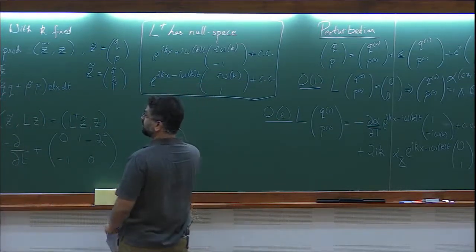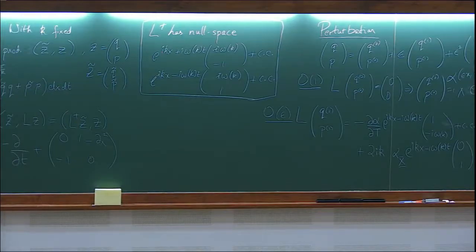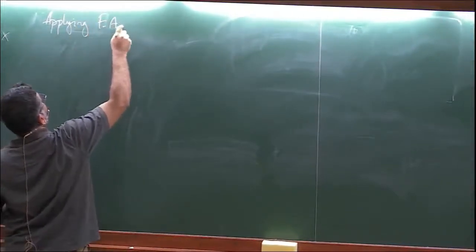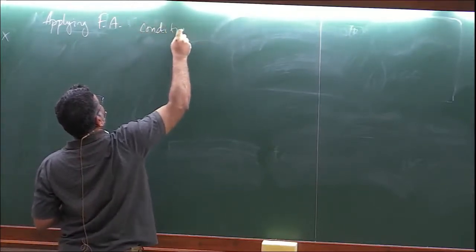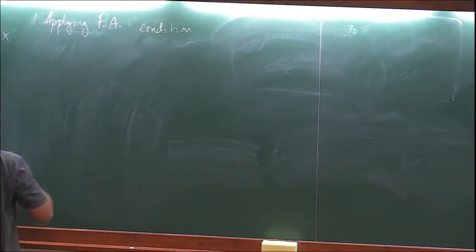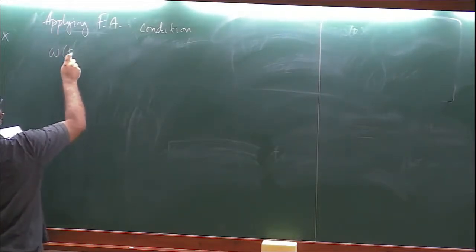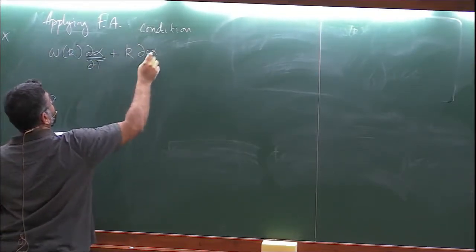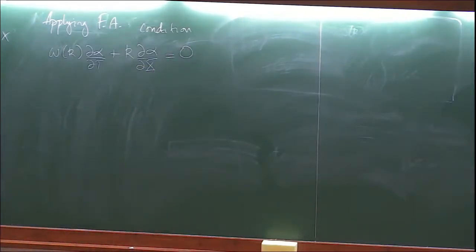So let's just go over here. Applying the Fredholm alternative condition leads to omega of k d alpha d tau dt plus k d alpha d cap x should be 0. You shouldn't be surprised that you ended up with a scalar condition, because the condition comes from